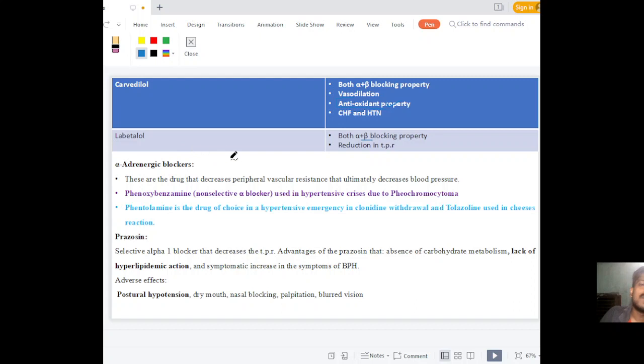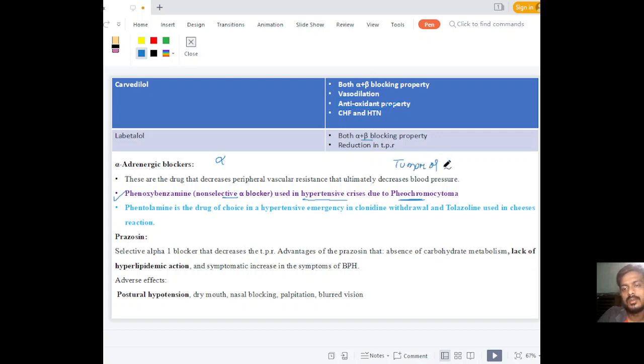If we talk about alpha adrenergic blockers, they are both selective and non-selective. Phenoxybenzamine is a non-selective alpha blocker which is used in hypertensive cases due to pheochromocytoma. Pheochromocytoma is a tumor